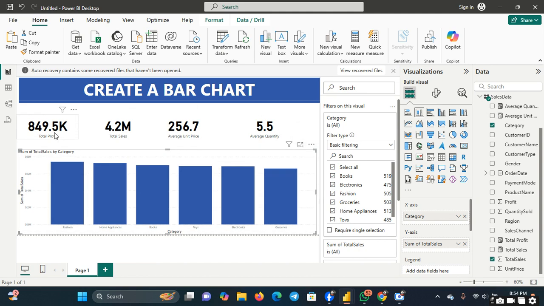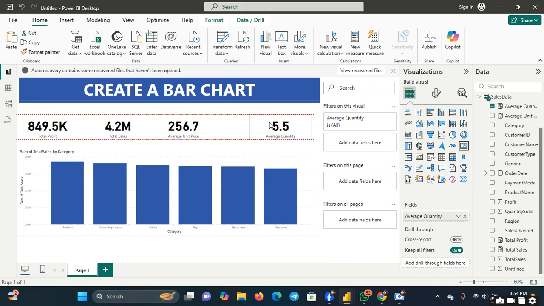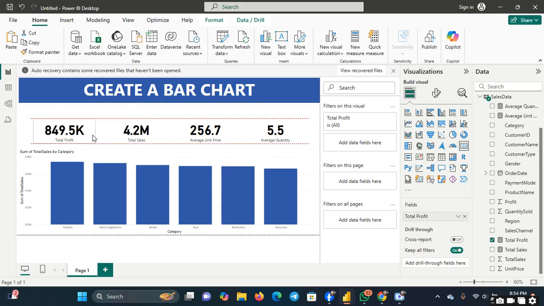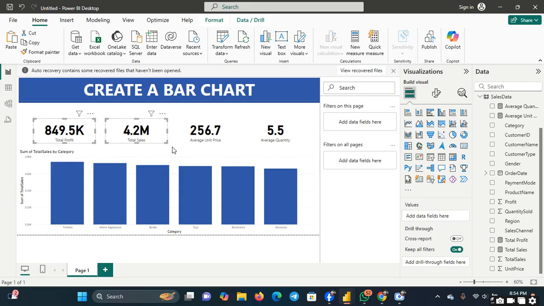So now you know how to do the cards. So these are KPIs already here. So when you want to build your dashboard, this is how to start. You already have your KPI ready. Then let's say we want to select this, select this, select this, select this. So after I select now, I want